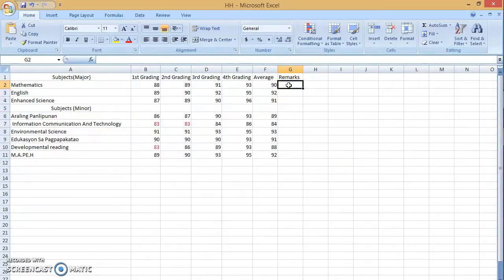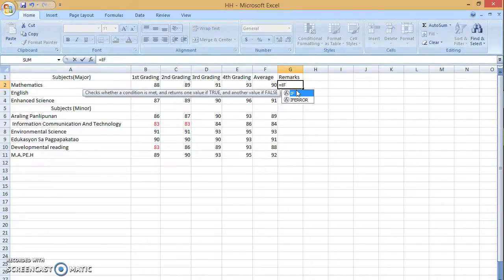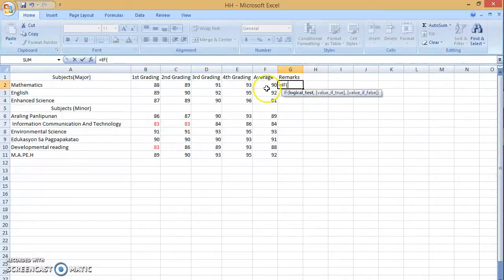And for the remarks, the purpose of the remarks is to know if the grades passed or failed. And this is the formula for that. IF, then parentheses, press the average, then greater than or equal to 85, which is the passing score for mathematics and other major subjects.